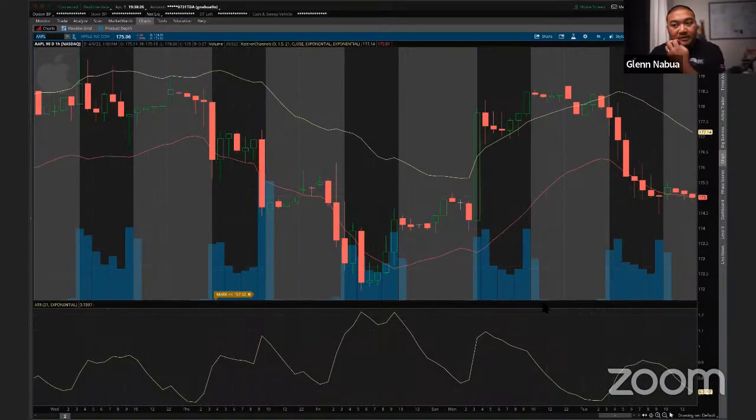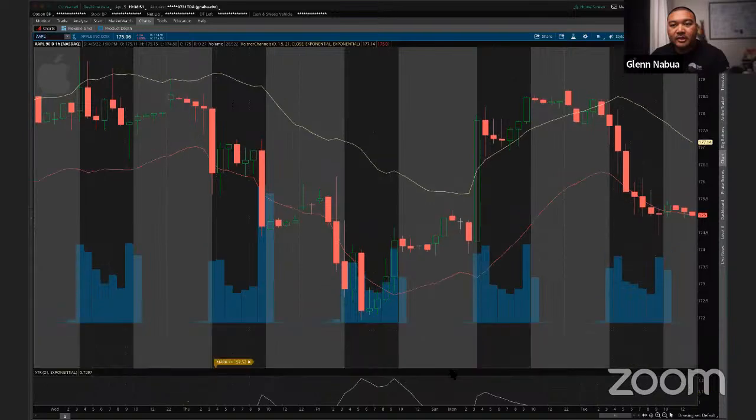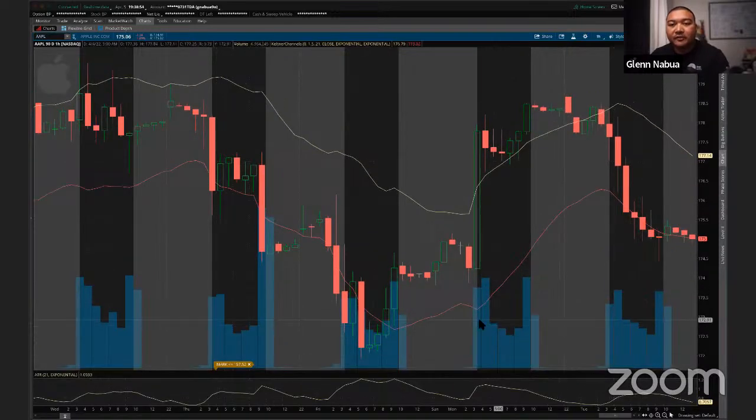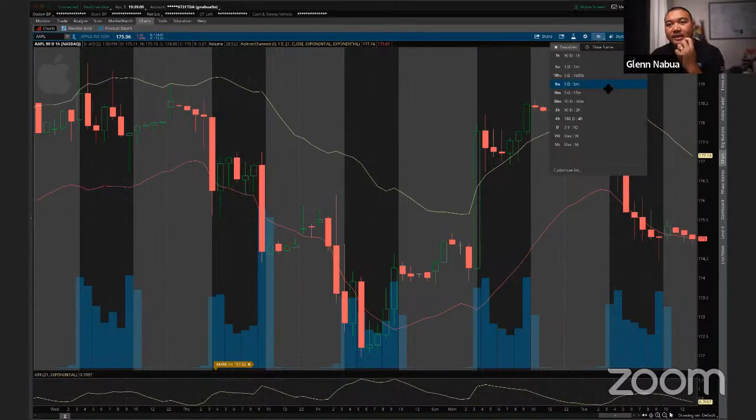Okay, so look, this is cool that just popped up. I have Apple here, and you can see that some parts are shaded white or a light gray, and the other parts are black. What does that represent? What I want to show you guys is that it represents the overnight market. Let me try to change this. Okay, so you see the volume bars, the blue bars, that's the volume bar of the New York open during the trading times. If I could zoom in,